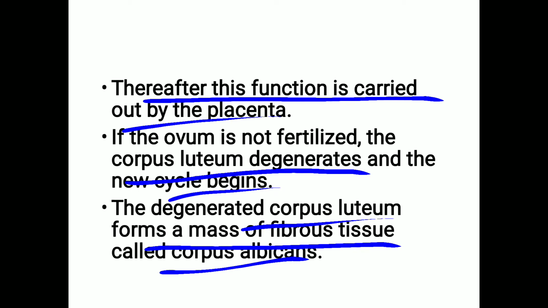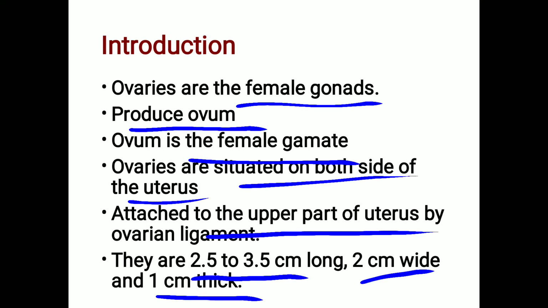So this was about the ovary, its structure, and its function. So let's just have a summary of it. In the introduction, we have seen that ovaries are called female gonads. They produce the ovum, and the ovum is the female gamete. These ovaries are situated on both sides of the uterus and attached to the upper part of the uterus by the ovarian ligament, and each is about 2.5 to 3.5 centimeters long, 2 centimeters wide,